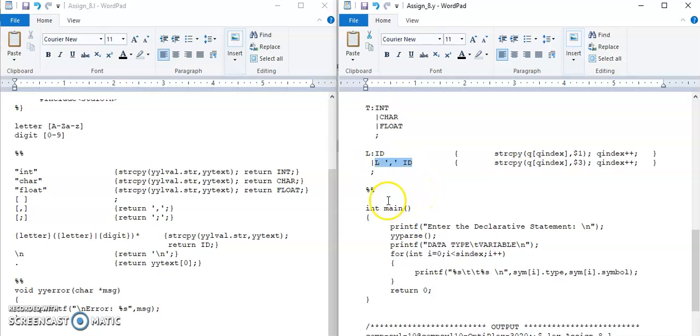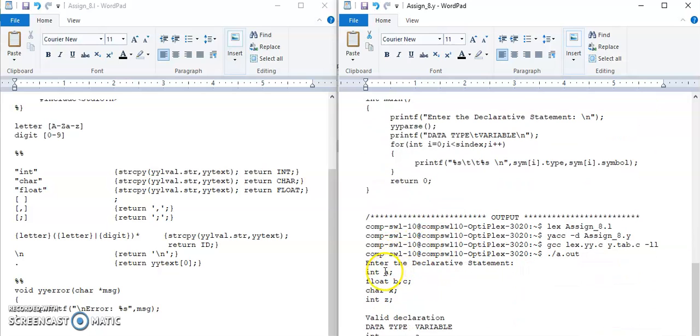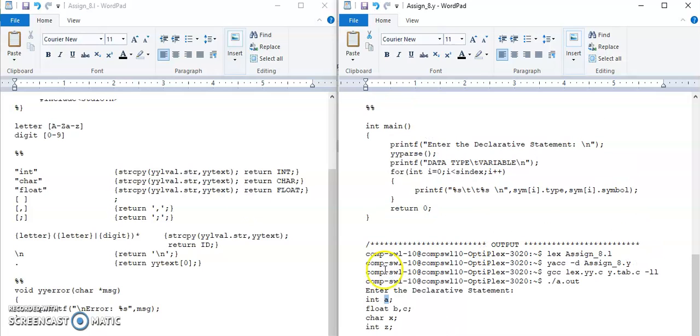Now what is done? Whenever the L gives ID rule is matched, then that particular ID is the token and its input, that is its attribute value, will be the actual name of the variable, that is written here by the .l program by this yylval.str.